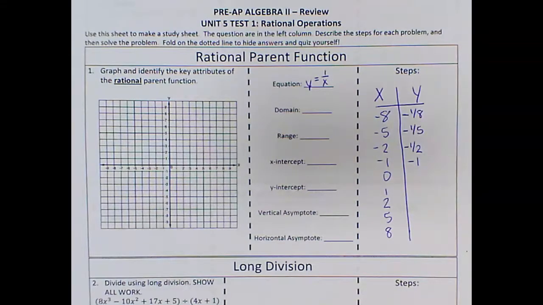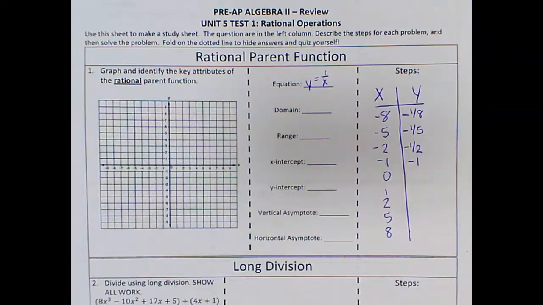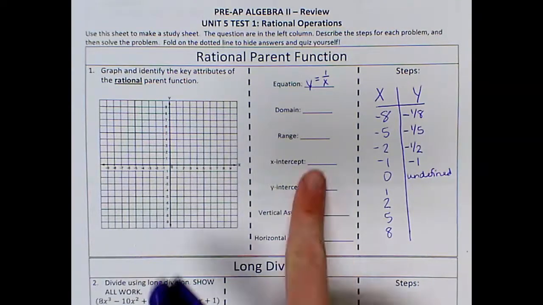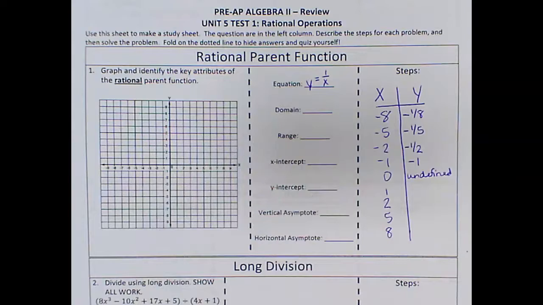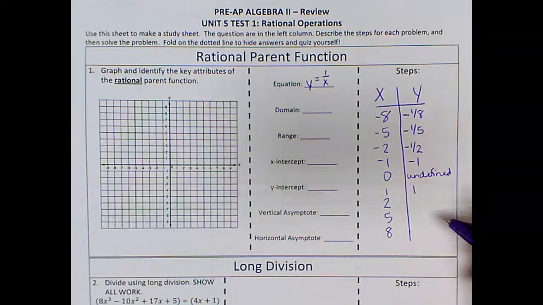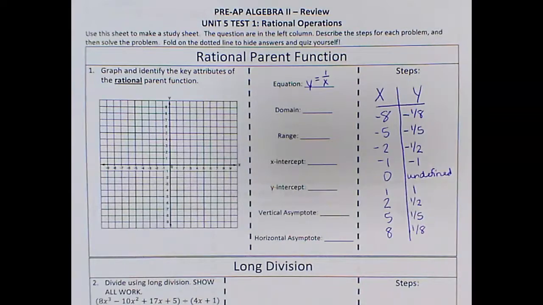But an issue occurs when we get to an x value of 0, because 1 over 0 is undefined. We can't plot a point where x is 0 and y is some value because it doesn't exist. You can't divide by 0, so this is undefined. There is no point where x equals 0, which is going to become important here with the intercepts. So I'm going to continue inserting my x values into the denominator. 1 divided by 1 is 1, 1 divided by 2 is 1/2, 1 divided by 5 is 1/5, 1 divided by 8 is 1/8. So now I have a nice set of a whole bunch of ordered pairs